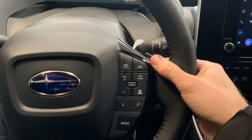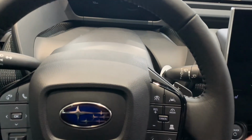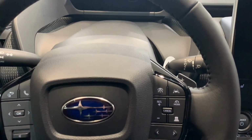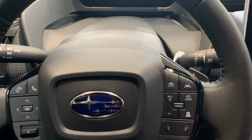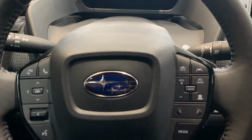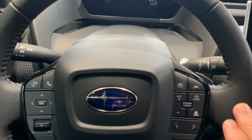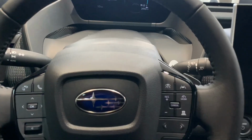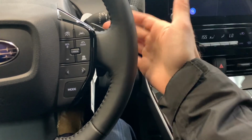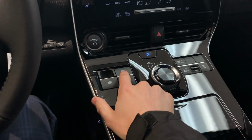So you can use these plus or minus pedals to have the vehicle slow you down more or less when you're coasting or going down a hill, to charge the battery more or less. So it's up to you if you want that more traditional gliding feeling like a gas vehicle, or if you prefer more of a one pedal driving with the advantage of bringing more of that energy back into the battery. So yes, you can use these pedal shifters, or you can use what we call S pedal